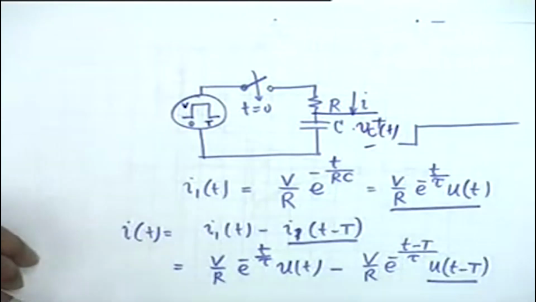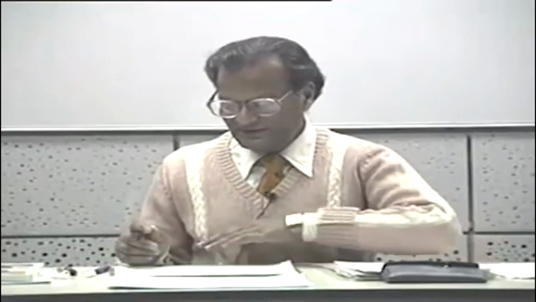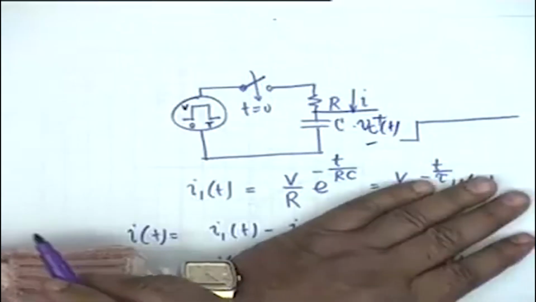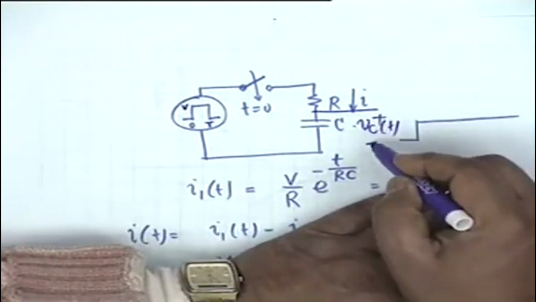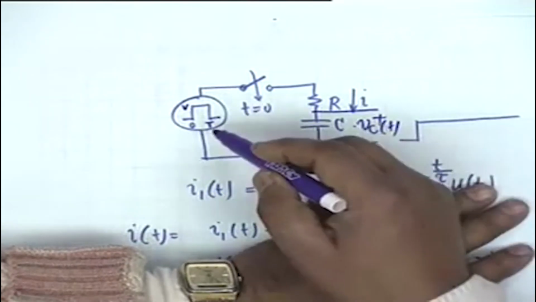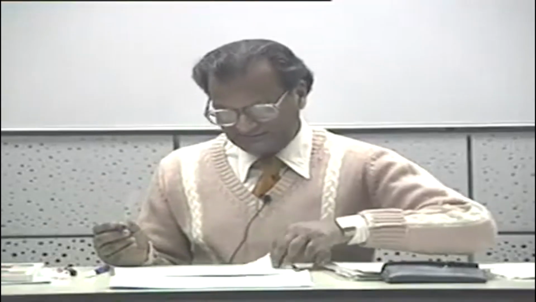What would have happened to V sub C if only the first term was there, that is, if only there was a step excitation? This voltage would start from 0 and go to capital V at infinite amount of time. All right. In other words, without writing the equations,